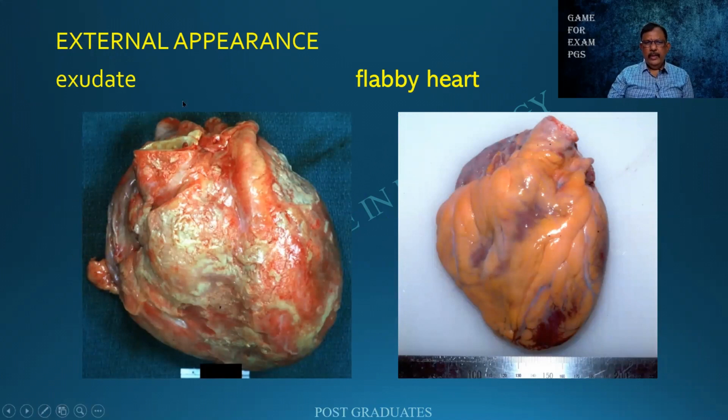So this is a heart in which I am finding yellowish white or yellowish gray exudate as patches. Obviously, it is a kind of purulent exudate. That is why great care must be taken when we open the outer layer of the pericardium, aspirate the pericardial fluid, and send it for culture. Sometimes you find that the heart itself is very loose. It collapses. We call it a flabby heart. It can be in a case of diphtheria, where there is a defect in carnitine, a cofactor, that is formed in the case of diphtheria.